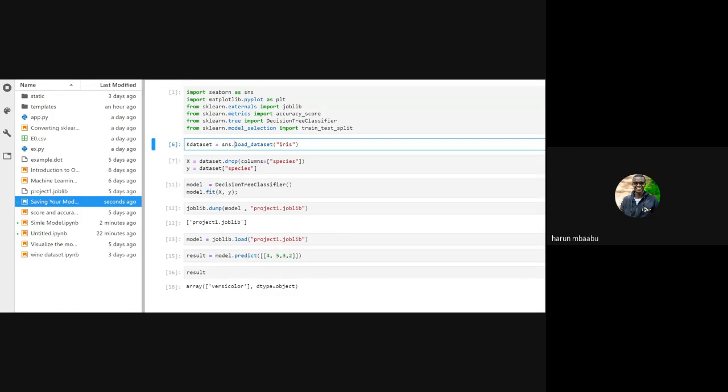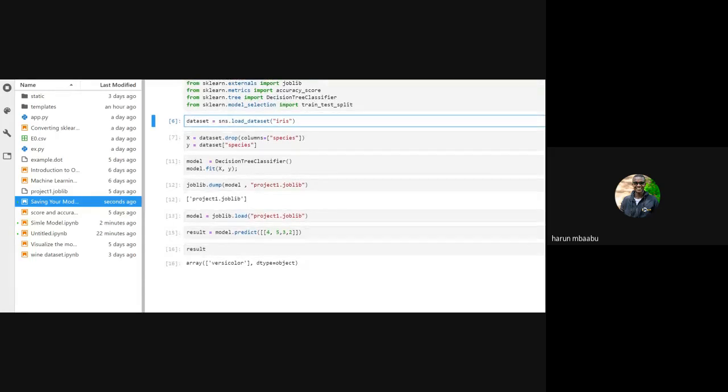Let's go on. So as usual, import the data set. Let me remove the typo there. So after you import the packages, then import the data set. Then you separate the inputs and the labels. Inputs are the data that you use to predict. Labels are what you want to predict.